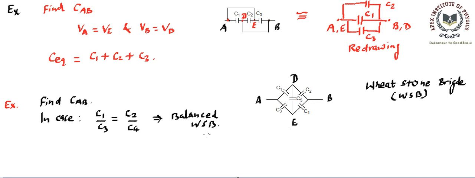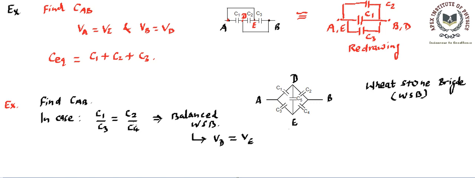Now if this Wheatstone bridge is balanced, that means some particular stuff. That means the potential of D is the same as the potential of E. So whenever we find a balanced Wheatstone bridge, that means the ratio of these capacitors are equal, then the potential of point D will be the same as the potential of point E. Now this is in case of a balanced Wheatstone bridge. This can be proved. To prove it, you start with a battery, then put the charge and try to solve it, and try to use this condition.